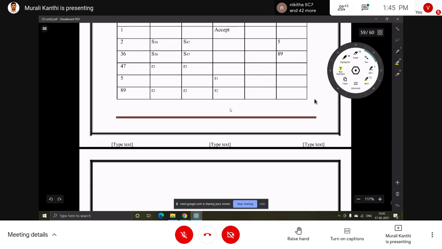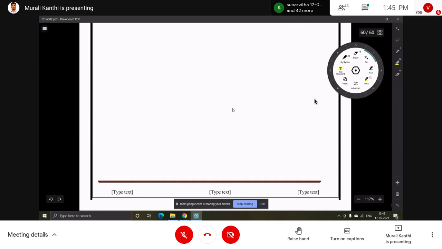So with this, unit 2 is completed. Then we'll start unit 3, that is the third phase of the compiler. Now the second phase of the compiler is completed in unit 2, that is the syntax analyzer or parser. What is the name of the second phase of the compiler? Syntax analyzer, or syntax analysis, or parser. Parsing is done here. There are two types of parser, top down and bottom up.